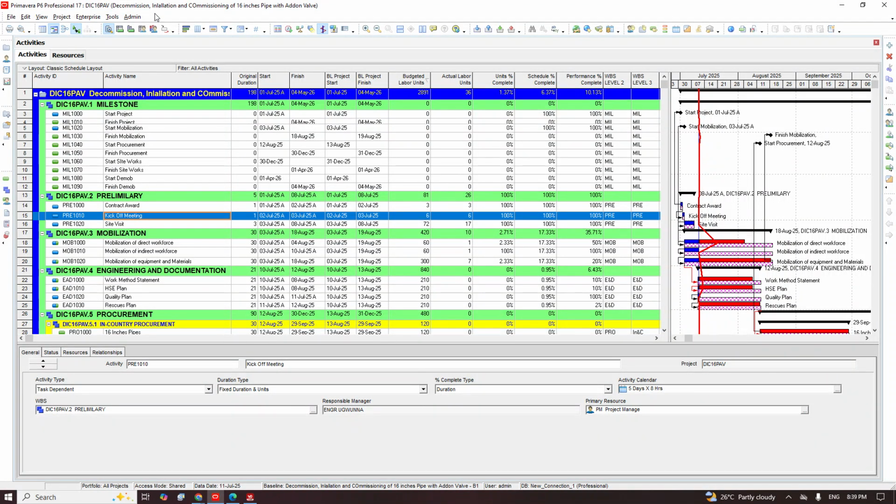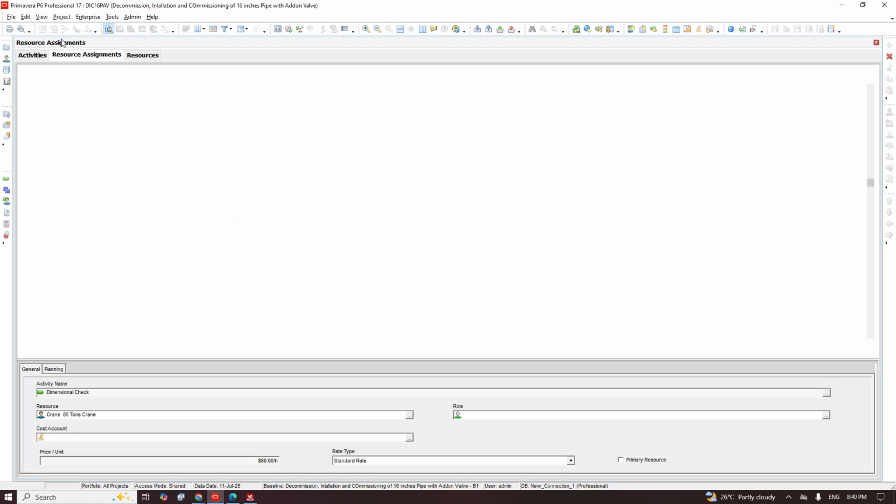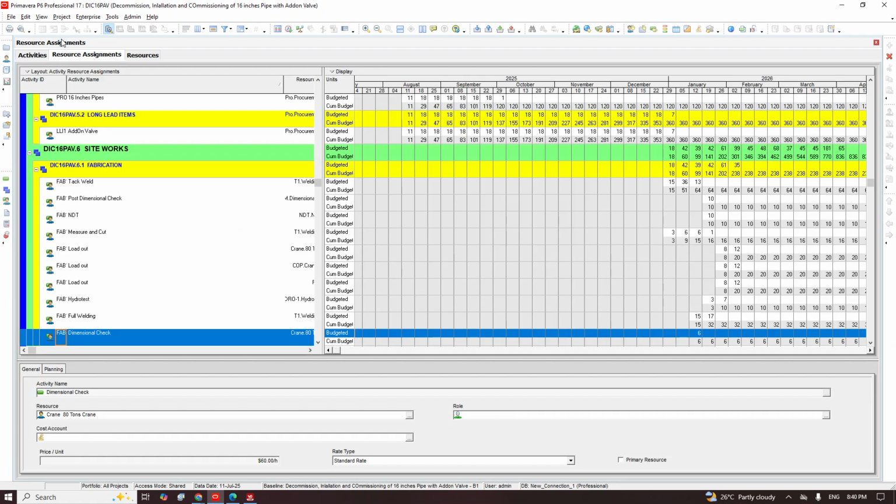So method one is I will come here and click on project. I will click on resource assignment. So when you come to resource assignment, this is a place whereby all the whole resources you have added in your schedule is being distributed. The man hour, like